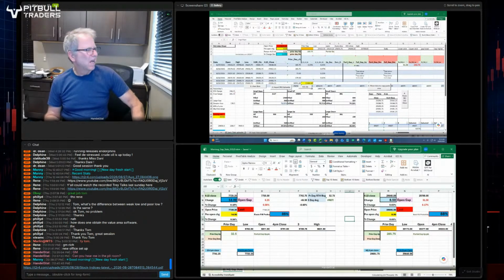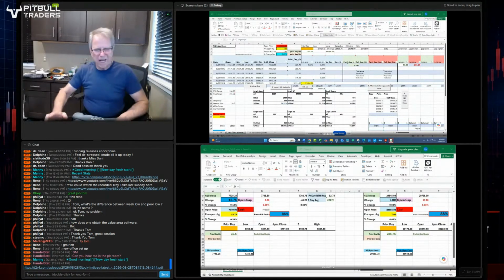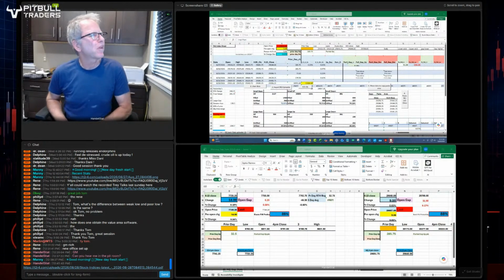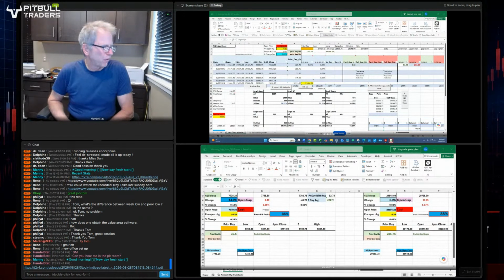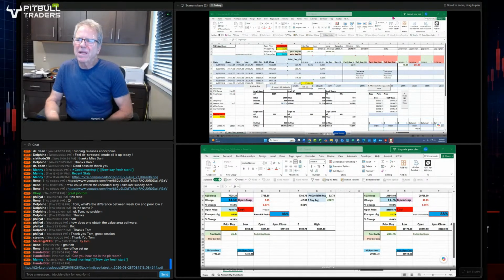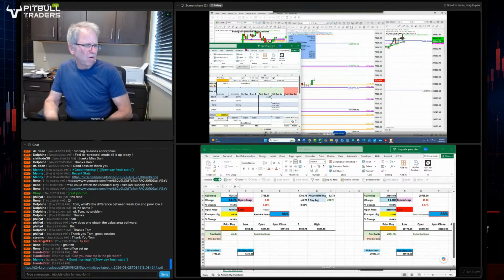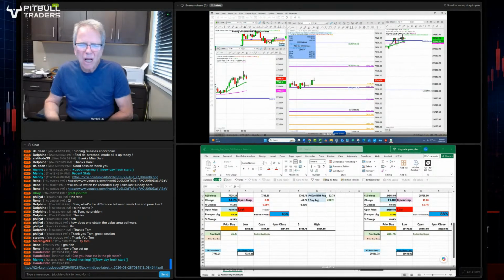Okay. You guys should see that basic morning gap stats now. They're showing 86% now that the SPU fills the gap. It's 14 higher, so that would mean that it would go lower, and 88% that the NASDAQ fills the gap. Well, 11 points in the NASDAQ, that's a really small gap. So I'm going to move this over here.